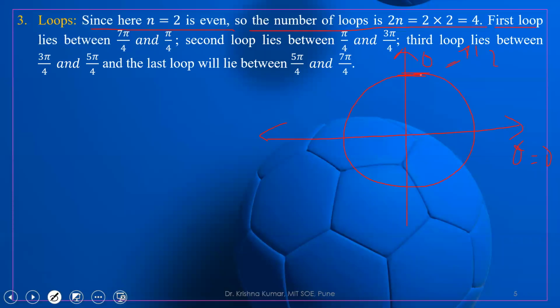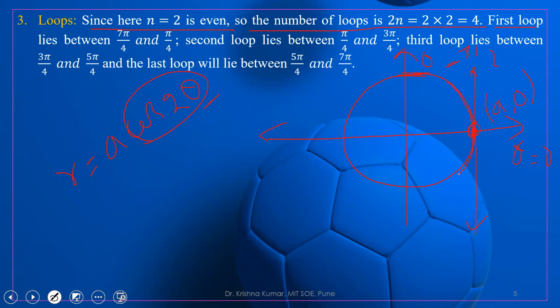So if r equal to a cos 2 theta, you put theta equal to 0, cos 0 is 1. So this is the point. What is this point? It is (a, 0). And at this point (a, 0), the tangent will always be what? It is perpendicular to the initial line. So this is the tangent. So we can draw like this.